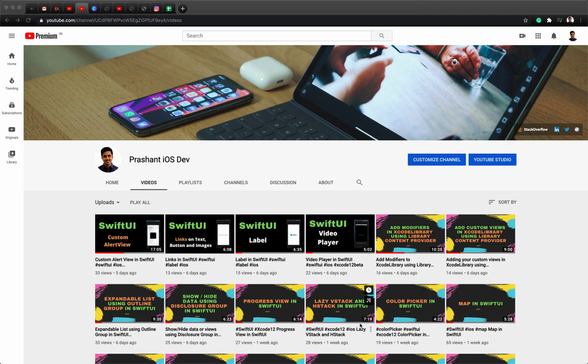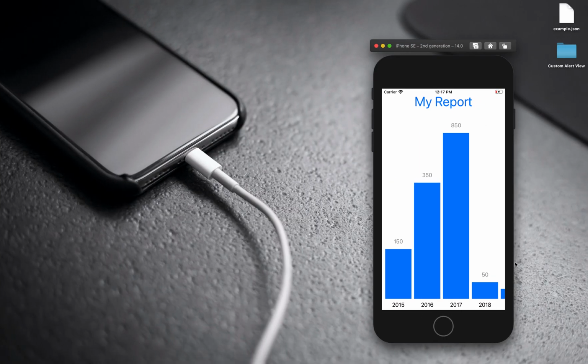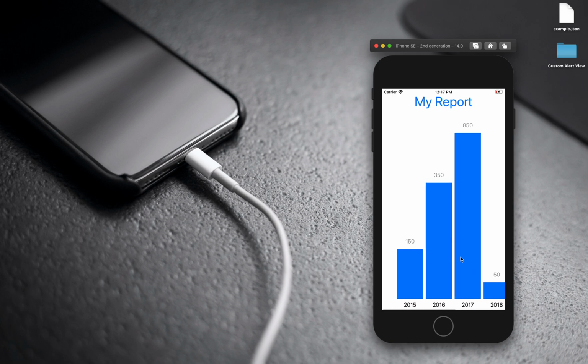So today we are going to create one more project in SwiftUI, and there we will learn how to create this type of graph in SwiftUI. So basically if you want to show some reports in your project, you can show this type of bar